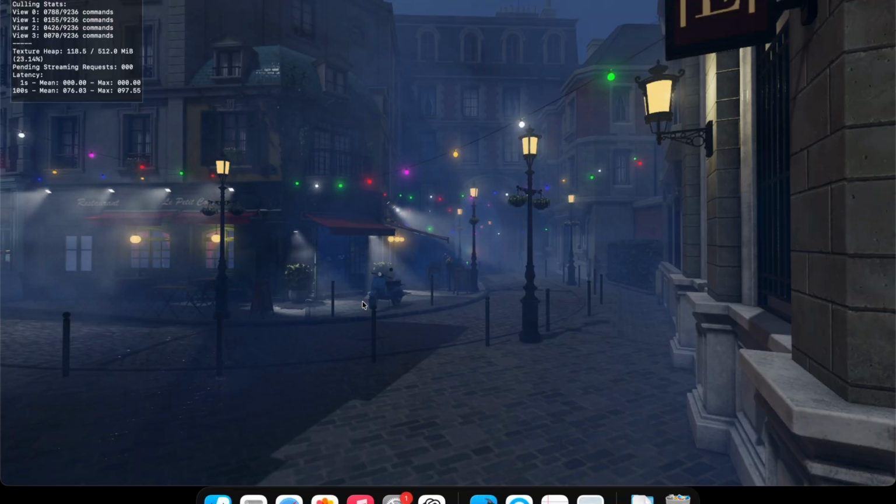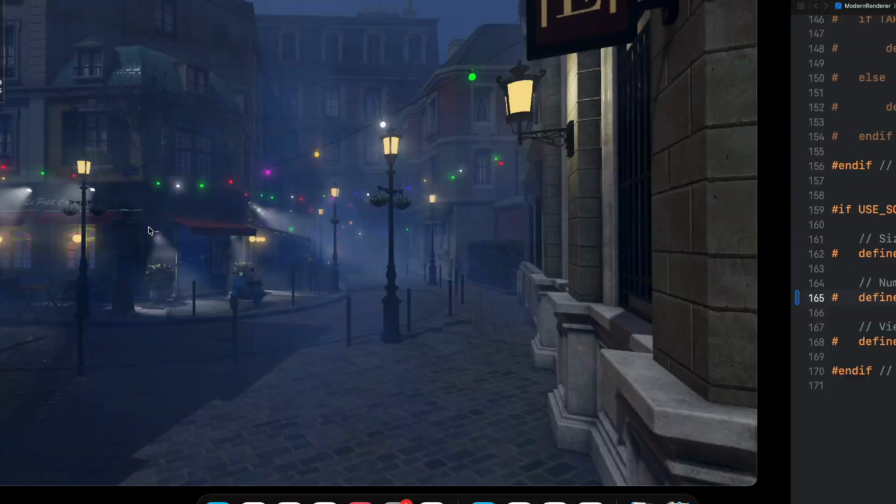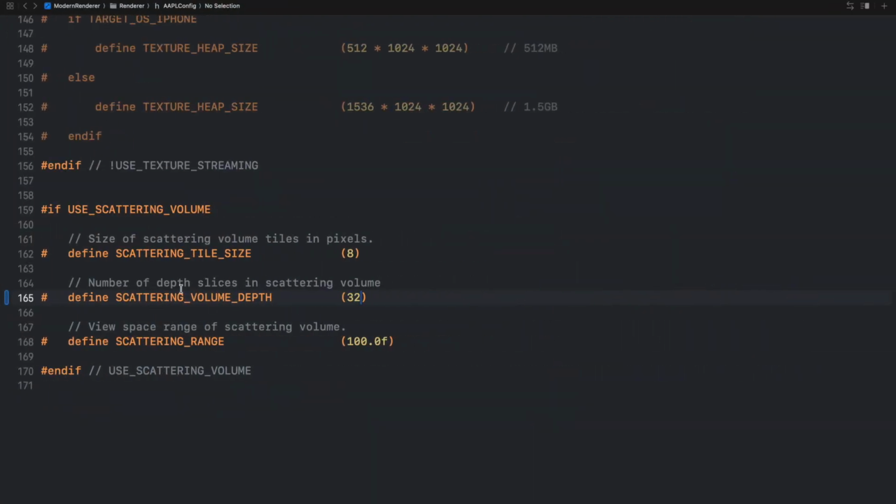Okay, so we kind of see that there's another twist to this thing. So this is dealing with how deep do we go, the depth slices, right? We don't want to get too much deep into it, but we could see that the fog looks a little bit uneasy here. It doesn't look as realistic, honestly. But this is again dealing with number of depth slices in scattering volume, right? So if we do 16,